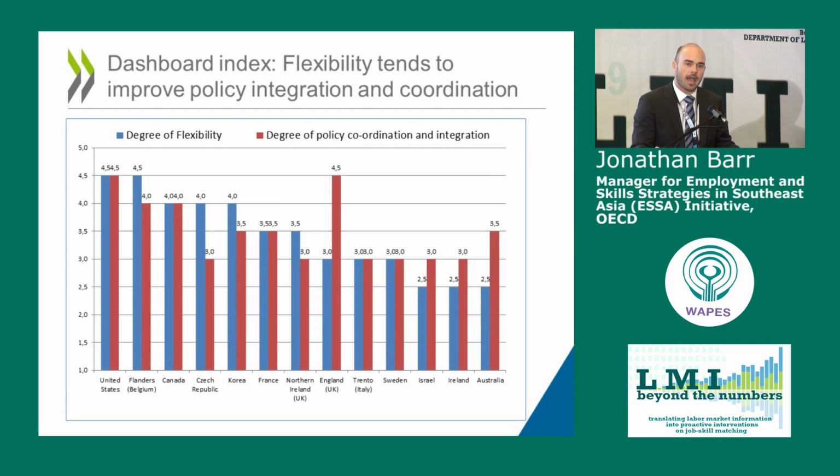And what we mean by that is, does the Public Employment Service work actively with training organizations and with economic development officials, with employers, with unions at the local level? Are they constantly reaching out? So, and indeed, where there is a high level of flexibility, they're more likely to work in partnership with other stakeholders. And really, we see that partnerships and networks are a critical governance tool for better connecting stakeholders at the local level and sharing information across organizations to improve how they deliver services.